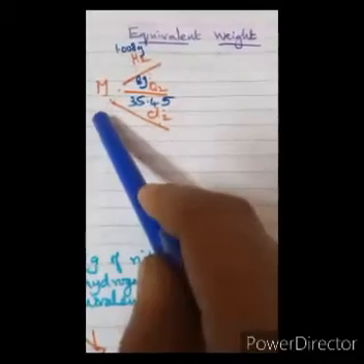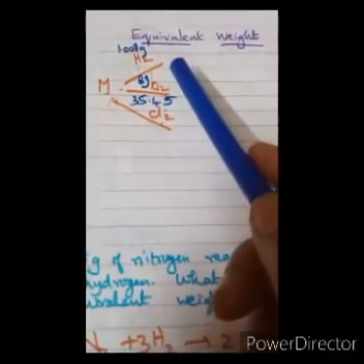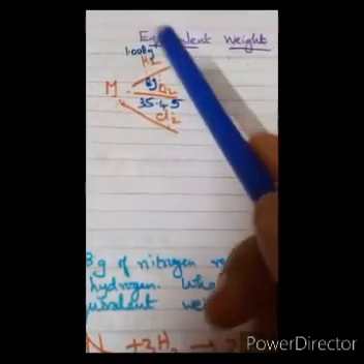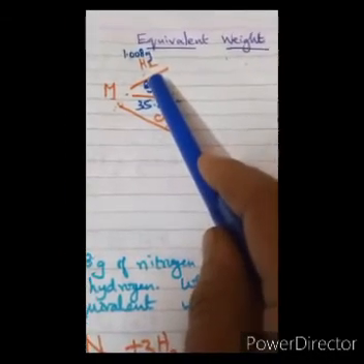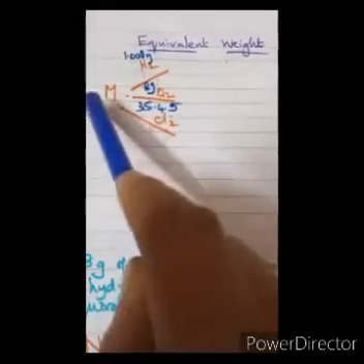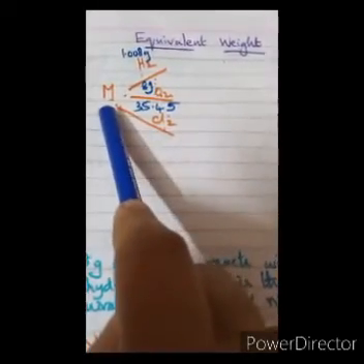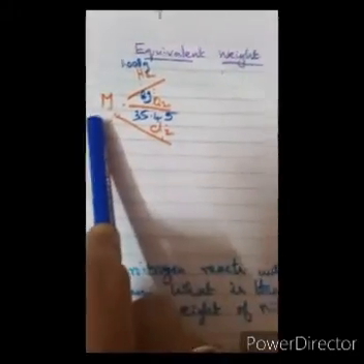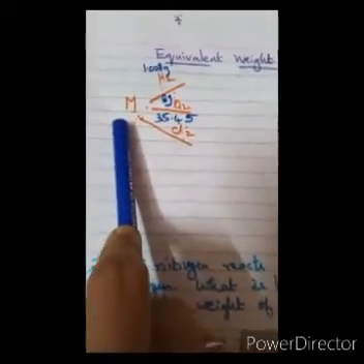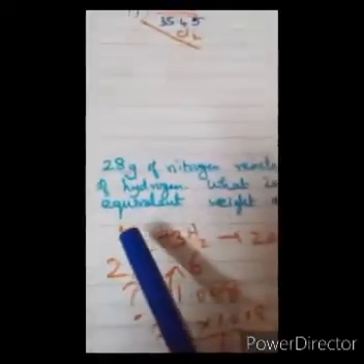The metal may combine with any amount of hydrogen. That is not our concern. The weight of the metal which combines with 1.008 gram of hydrogen, that weight alone can be referred to as the equivalent weight of the metal. Whichever method we follow, the equivalent weight of the metal is going to be a constant. Let us see a simple example.